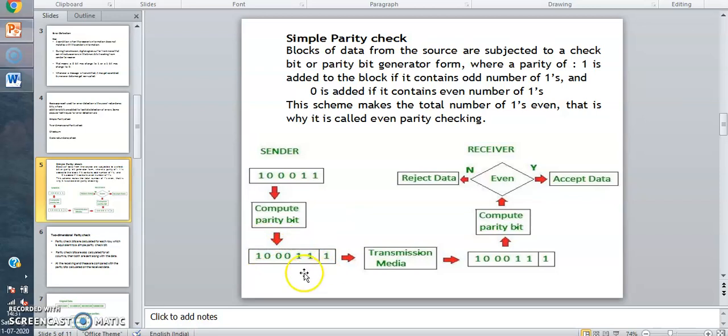Odd number of ones means we need to add 1 to the frame. After transmission, at the receiver we again compute the parity. If it is even, then we accept the data. If it is not, we reject the data. This is simple parity check.